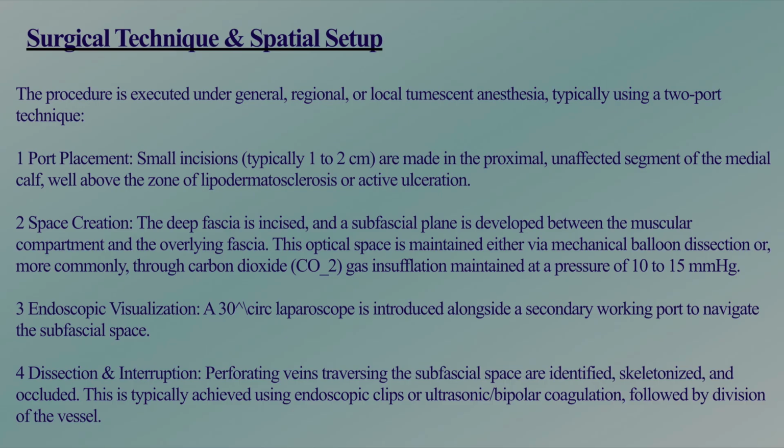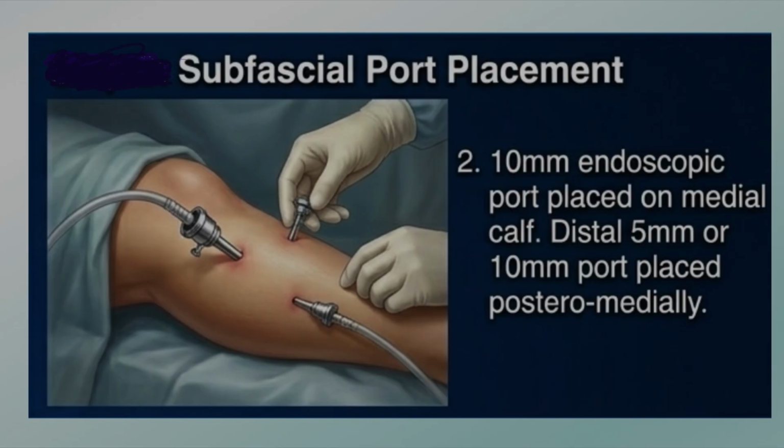Endoscopic visualization. A 30-degree laparoscope is introduced alongside a secondary working port to navigate the subfascial space. Dissection and interruption. Perforating veins traversing the subfascial space are identified, skeletonized and occluded. This is typically achieved using endoclips and ultrasonic or bipolar coagulation followed by division of the vessel. The image illustrates the